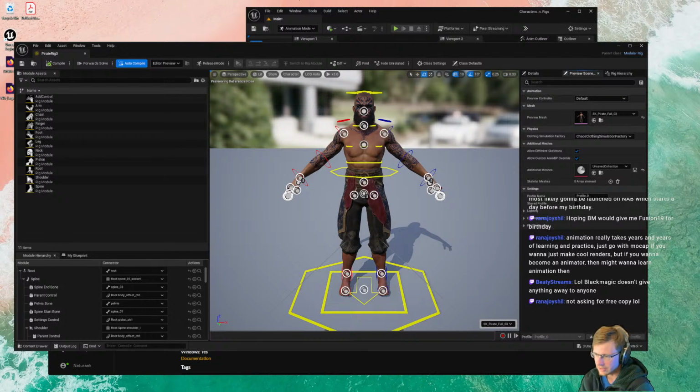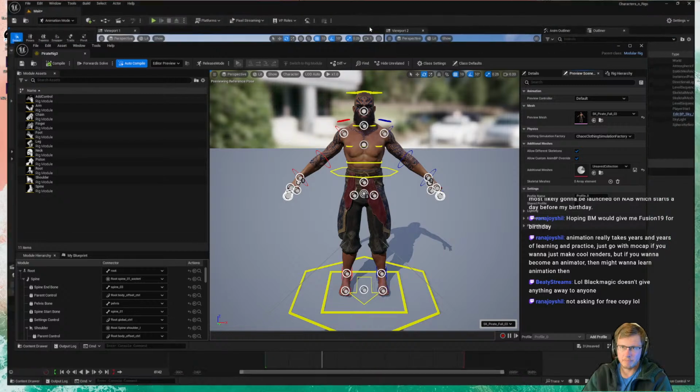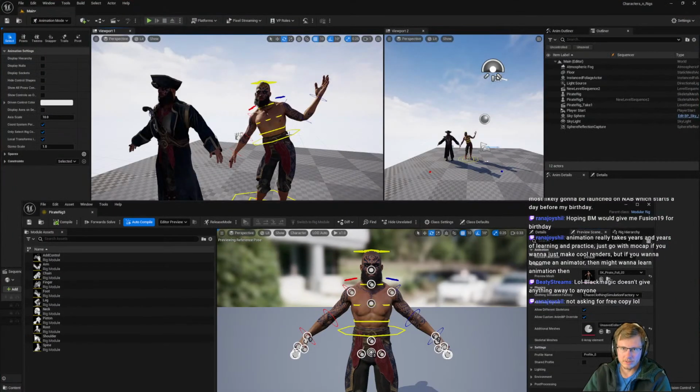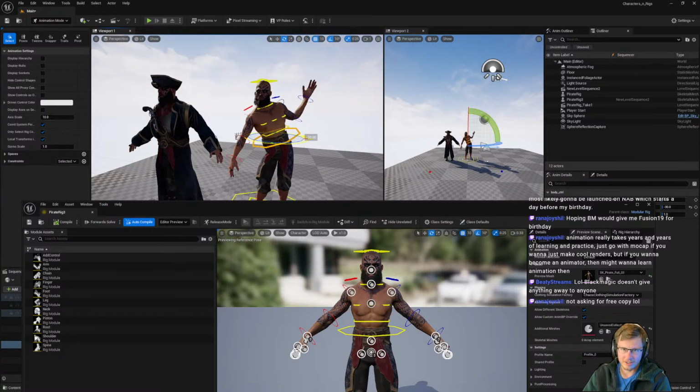Animation really takes years and years of learning and practice. Just go with mocap. Well, that's what I'm saying. If I have to connect this, and then I just figure out, you know, this looks good.